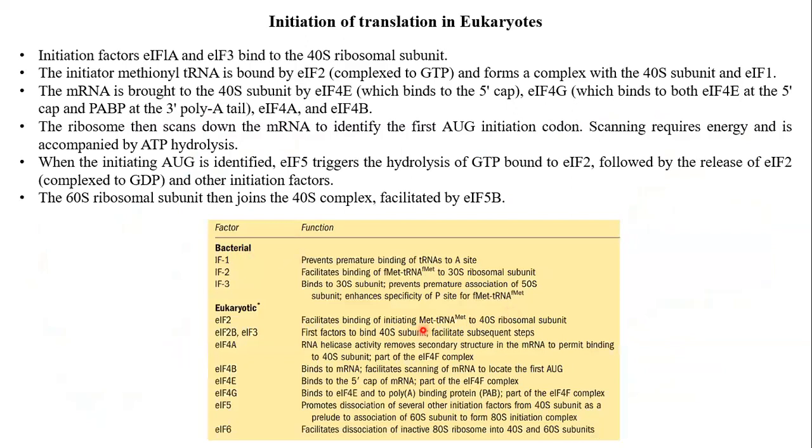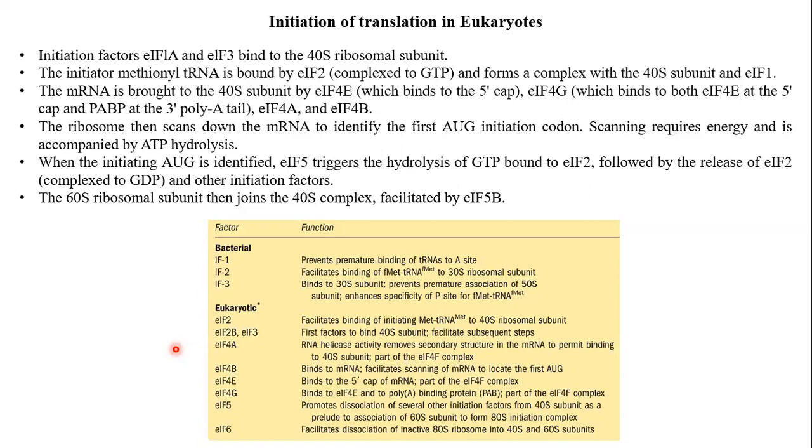So here in this table, they have given a factor and a function. In bacteria, you can see only 3 initiation factors are required, but in eukaryotes, in literature, they say it could be 9 to 11 initiation factors required for initiation. Because some bind to mRNA. In mRNA also there are 2 ends. Some bind to the 5 prime cap, others bind to the 3 prime poly-A tail, and then they loop out, and then some factors bind to the common proteins, common initiation factors. Then some bind to transfer RNA, some bind to the 30S subunit, because all these are separate units.